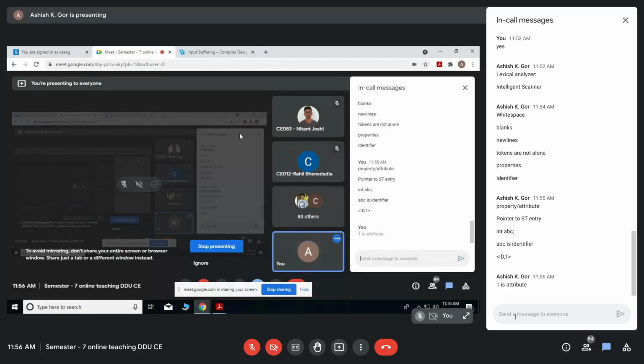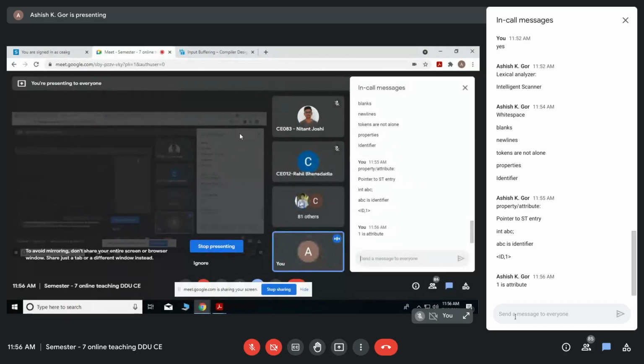One means it is a pointer to the symbol table entry. If it is a 5, it is in the 5th place in the symbol table; if it is first, it is in the first place. Similarly, for different tokens we also have different attributes that we need to return. So tokens are not always alone. In addition to the token, we also pass the attributes related to the token to the parser.